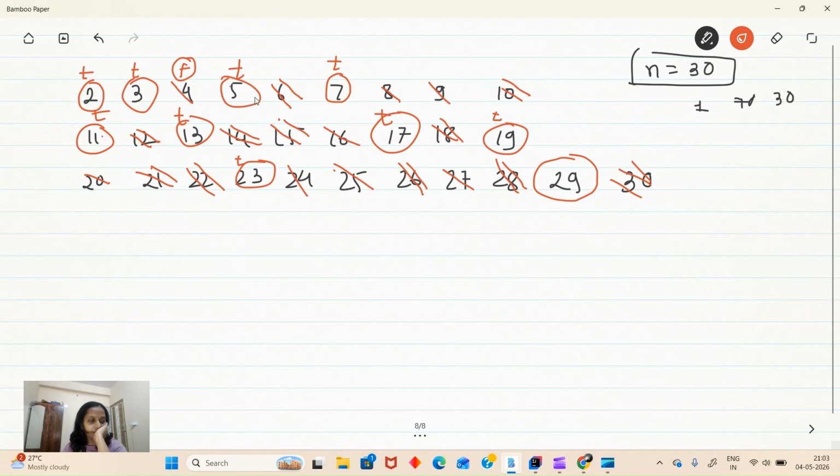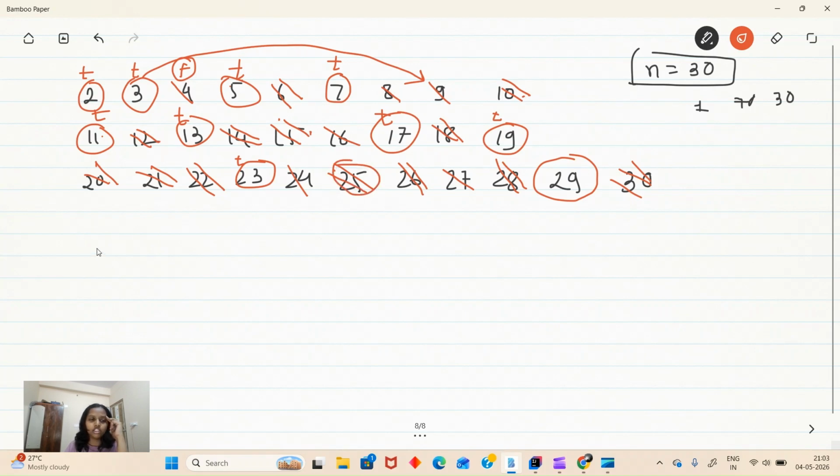Now, instead of going through all of its multiples, if you have observed, for 2, I have already marked 6, and for 3 also 6. So why can't we directly jump to its square and then start? Like for 5, 10 was already marked, 15 was already marked, 20 was already marked. So we could have jumped directly to 25.